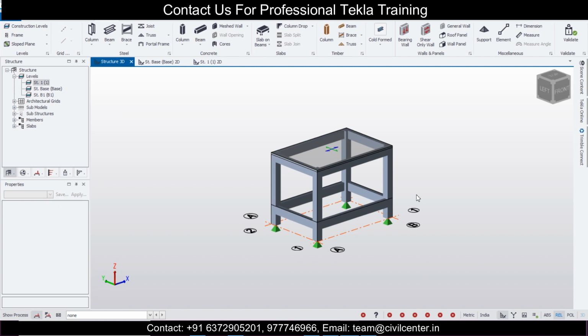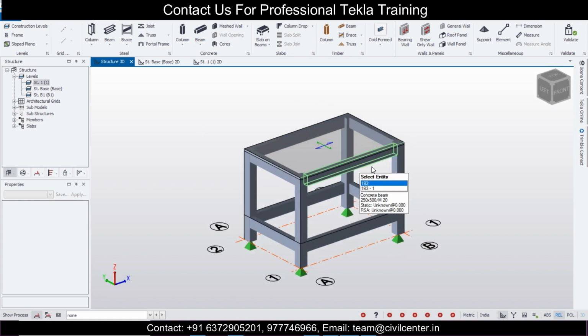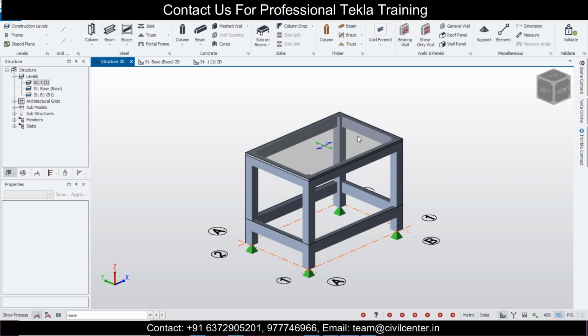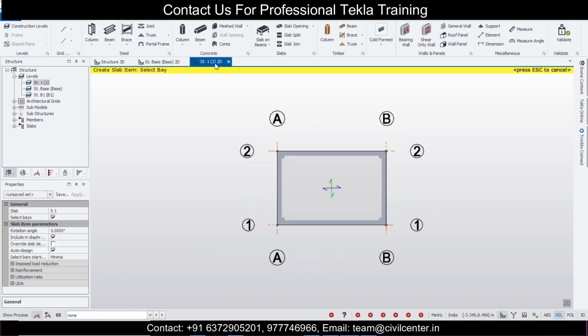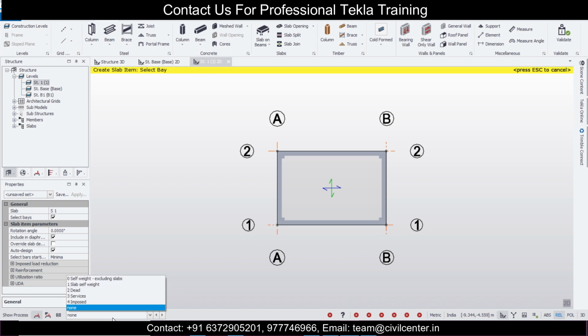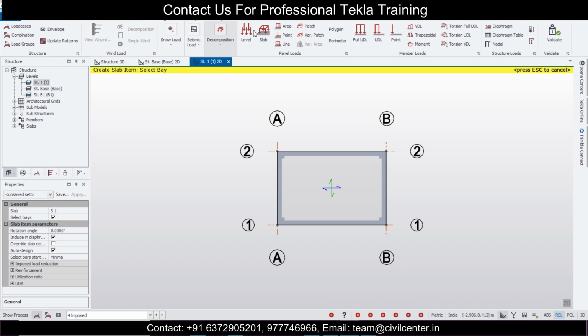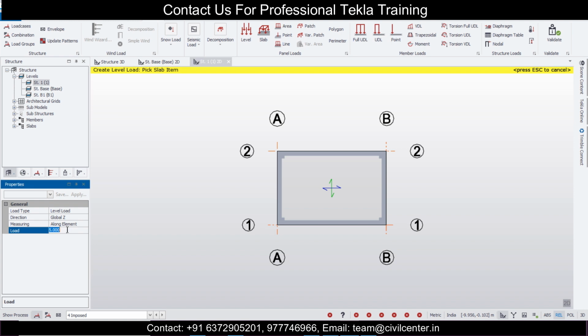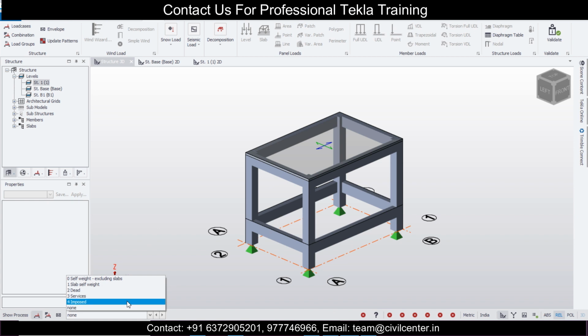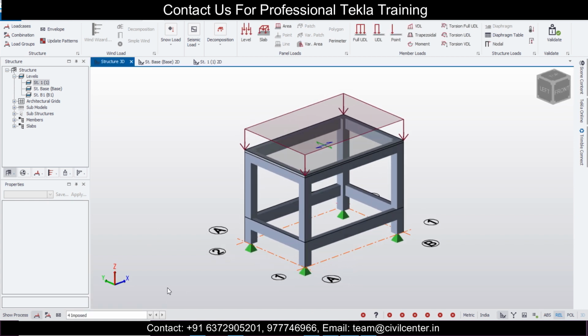After that, let's apply some loads. I'll apply a basic live load, and we already know that TSD takes into consideration the live loads. I'll go to structure 1 and use a basic imposed load. Go to load and area load, or you can even take level load, and let's take a load of 2 kilonewton per meter square here, and as you can see this will be visible.